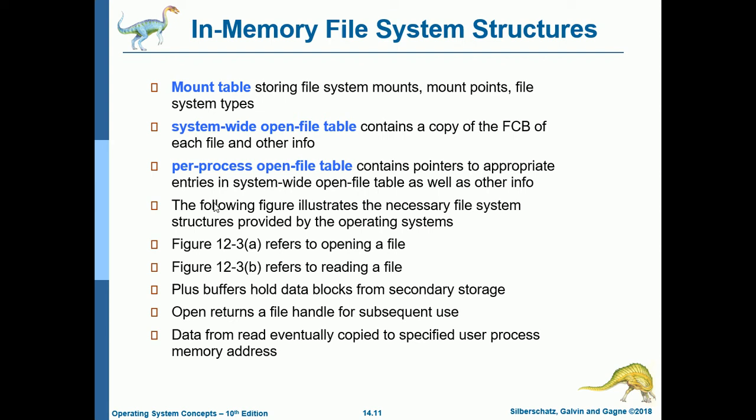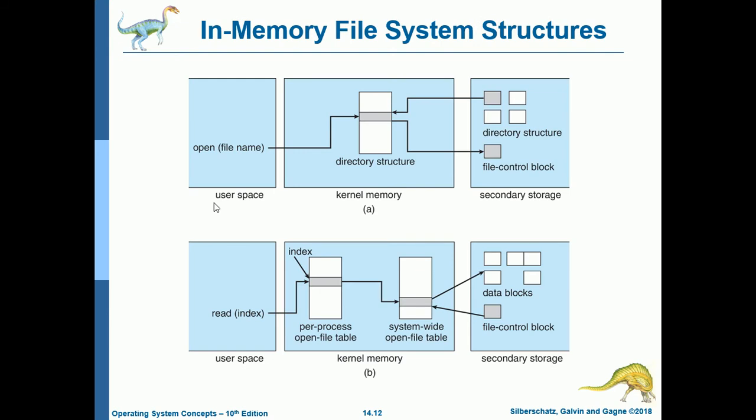So for opening a file, it returns a file handle for subsequent use. And then data from read is eventually copied to the specified user process memory address. So this is an illustration: letter A is for opening a file and this is for reading a